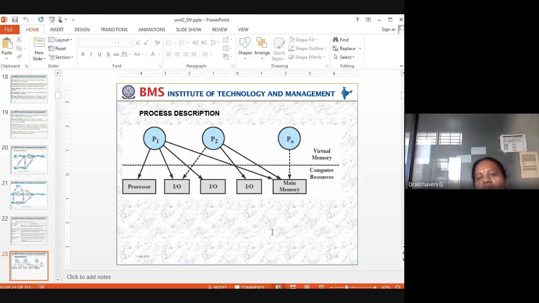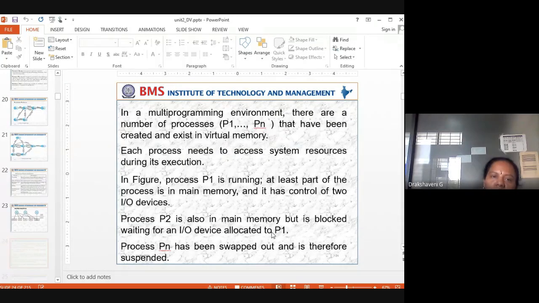And it is again pointing to main memory, where P2 is requesting main memory. And the last, Pn, is requesting main memory, but it is in a blocked state. So this is what a process description is. And we have something called virtual memory and computer resources, and how these computer resources are used with respect to virtual memory.